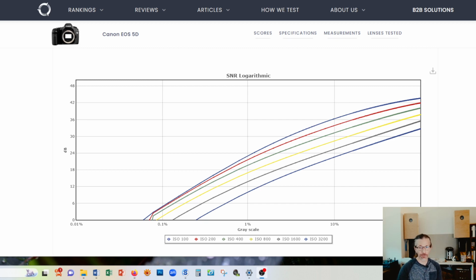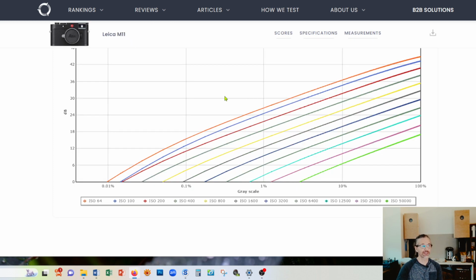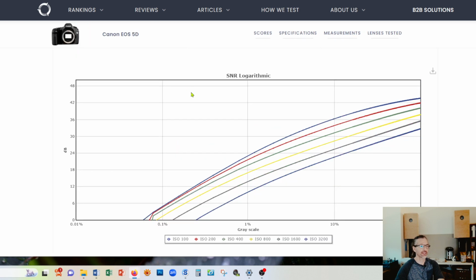Hi, this is János, and I'm continuing the exploration of classic sensor technology versus modern sensor technology, and my two subjects being the Canon 5D Classic and the Leica M11. The Leica M11, of course, is the modern sensor, and the 5D Classic is the classic sensor